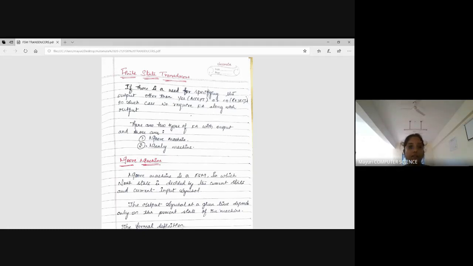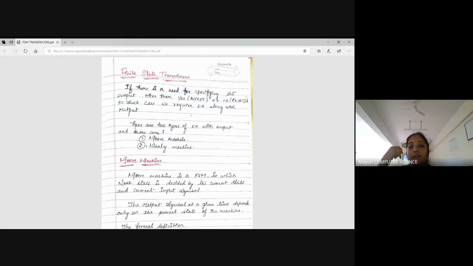In finite state transducers, why we are going for FSTs is if there is a need for specifying the output other than accepting or rejecting states. In deterministic finite state machines, once we had gone to the acceptable state, it is done. Like we have accepted the language. So either accept or reject. These are the two categories we had. Once you go to a state that never belongs to an acceptable state, it is reject.